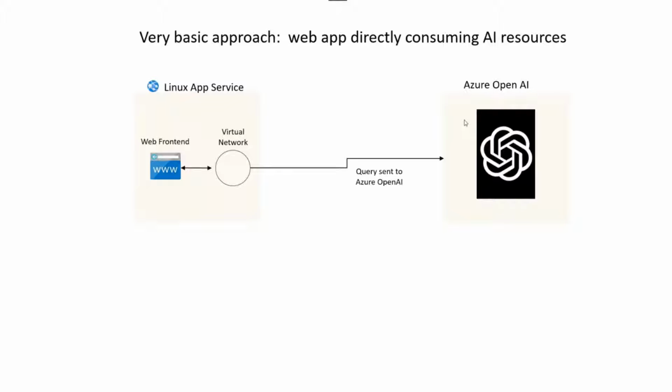The simplest approach is you just take your favorite front end, and all of these demo apps that are out there in GitHub are either using Node React or some variation of Python for their front ends. And then you're just using the available APIs to interact with Azure OpenAI, right? And if you set up an